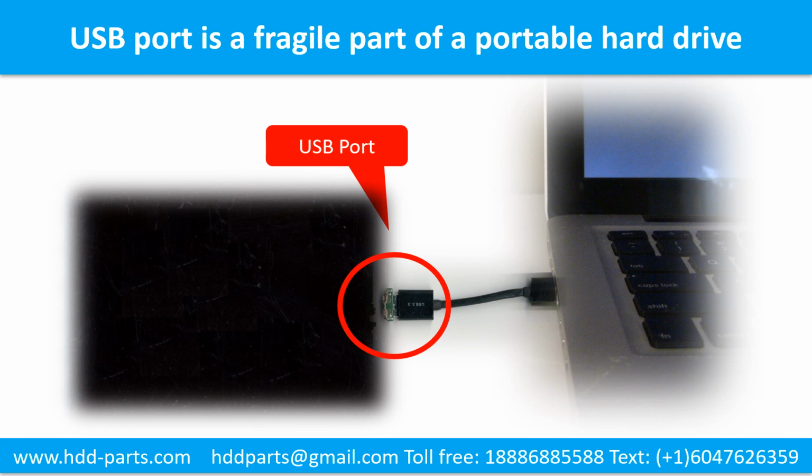Breaking the port connector is very common in portable hard drives because the connector is soldered on the very thin PCB board. This is the most fragile part of a portable hard drive. One side of the connector is a heavy hard drive, relatively to the thin PCB board. Another side is a fixed computer. The connector is like a fragile bridge in between. And also,